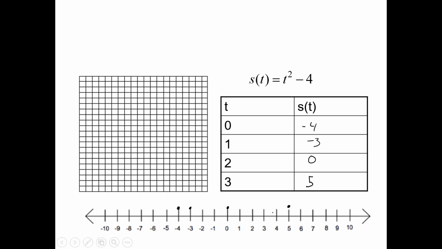Right? Notice that at first we only changed 1 unit, then 3 units, and then 5, right? And so it looks like we're just going in this direction. It doesn't look like we're going to turn around. But as time keeps growing, we seem to be going faster, right? So again,